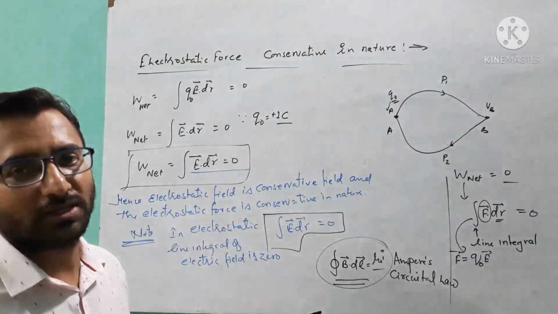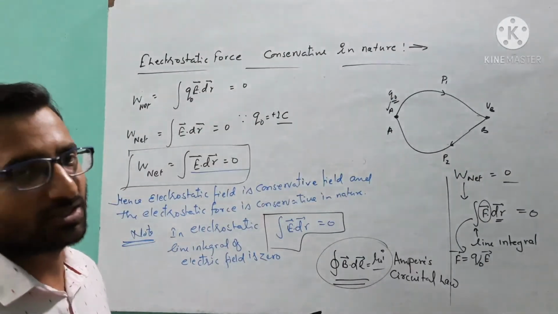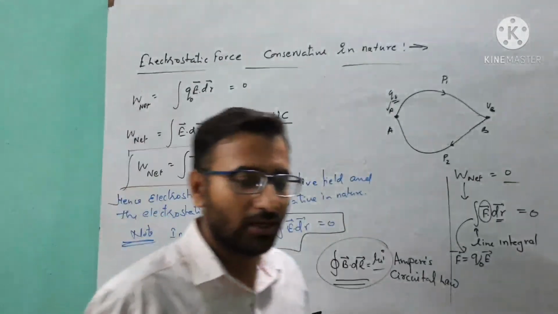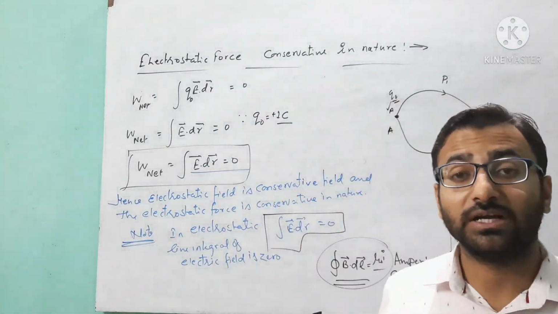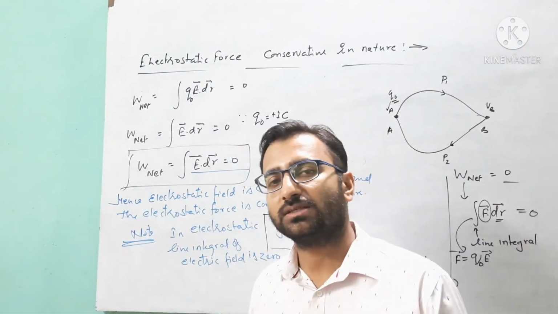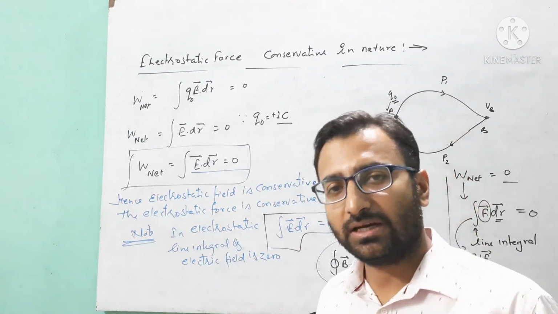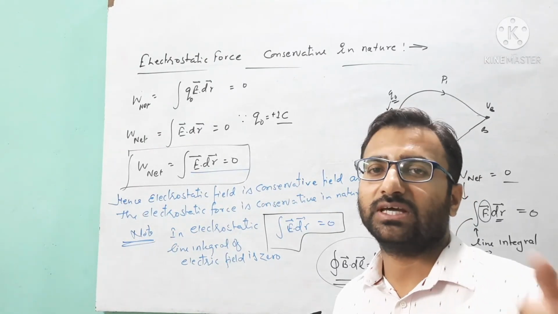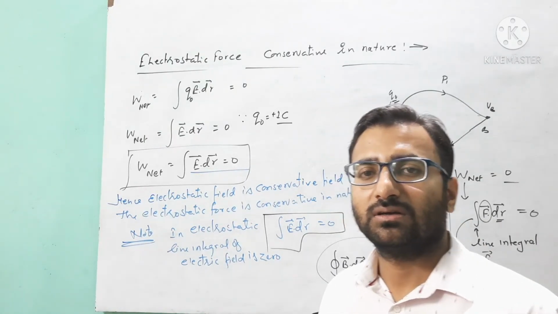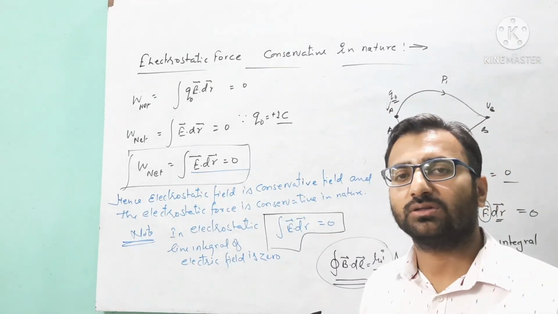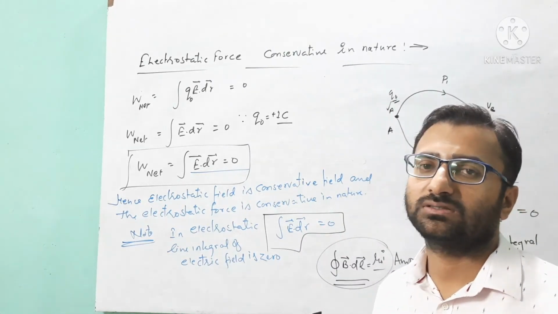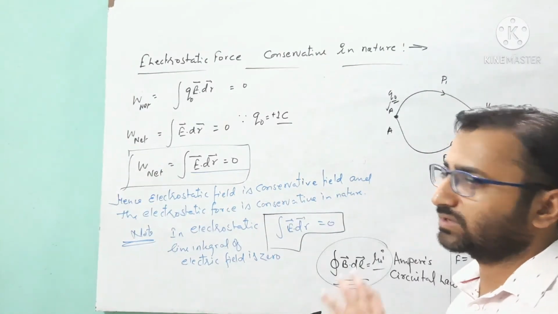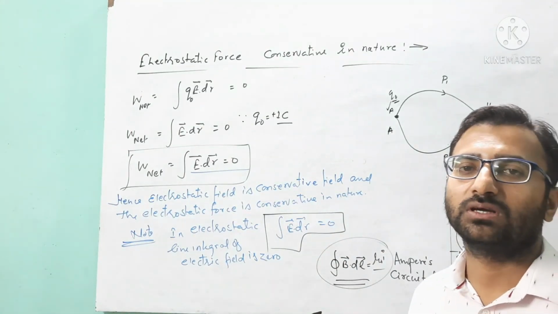Why is it so? Because the electrostatic force is conservative in nature. From the electrostatic force being conservative in nature, the field is called an electrostatic, that is, a conservative field. And how is it conservative in nature? Because the electrostatic force does not depend on the nature of the path from where we are carrying the charge. It depends only on the final and initial point of the charge. Got it, student? So these are the basic points, or some basic information, about the next part of this unit.